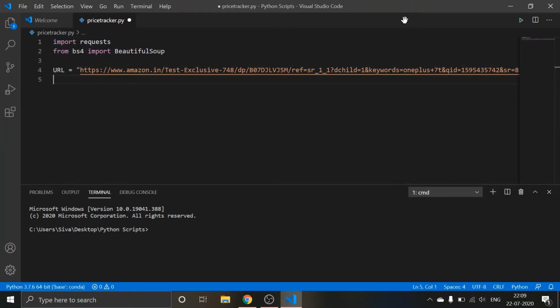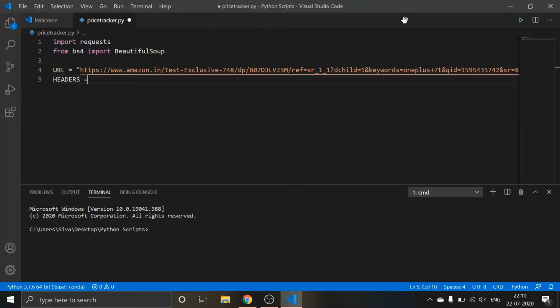Once the variable is created with the name URL, now I want a header. For example, we want a user agent, and I'm creating a dictionary for it, and the name of the dictionary is headers. Let me keep it in capitals, header or headers, whatever it may be.